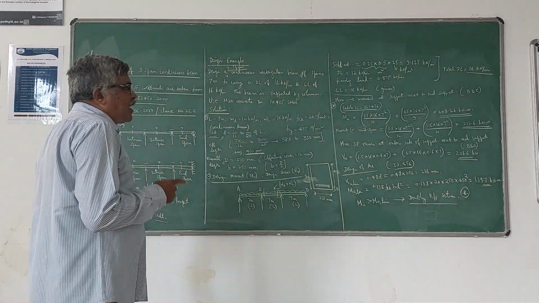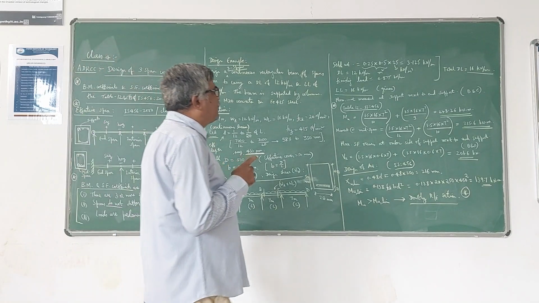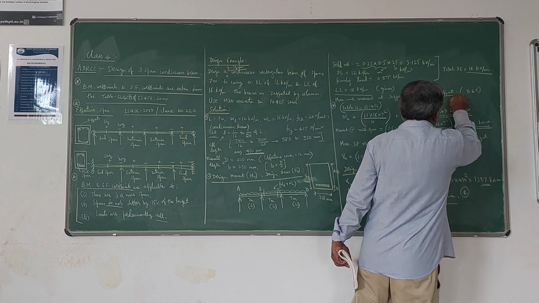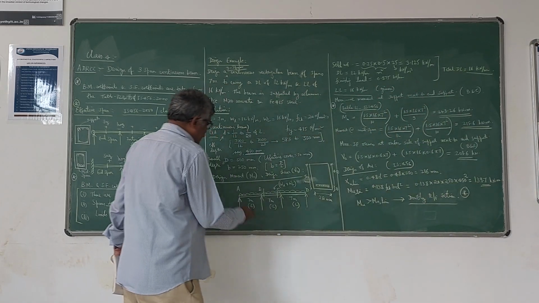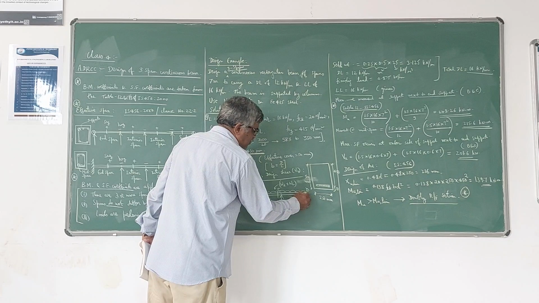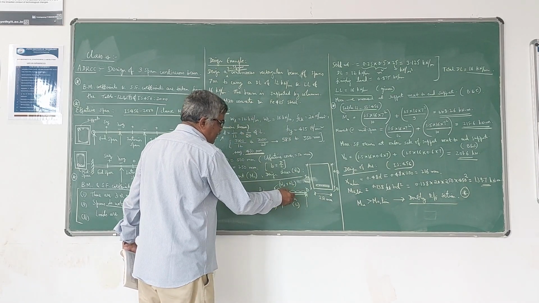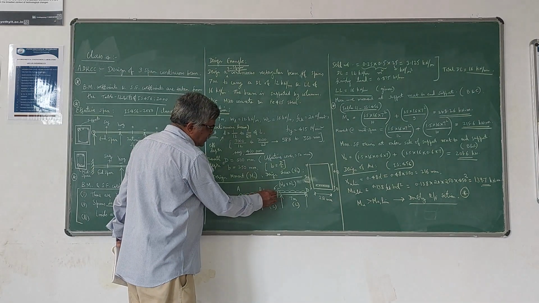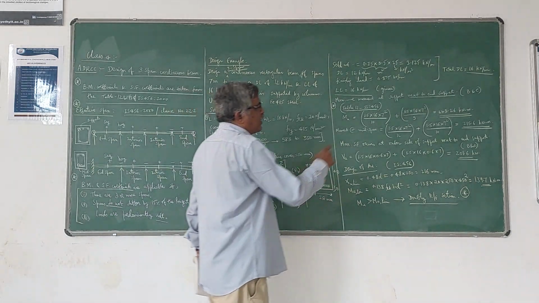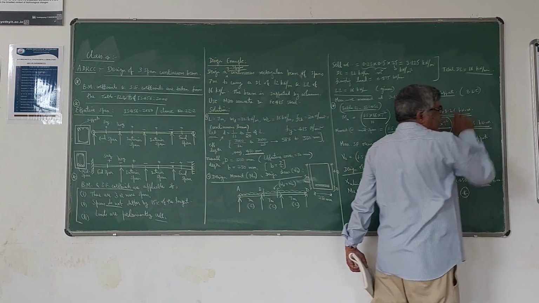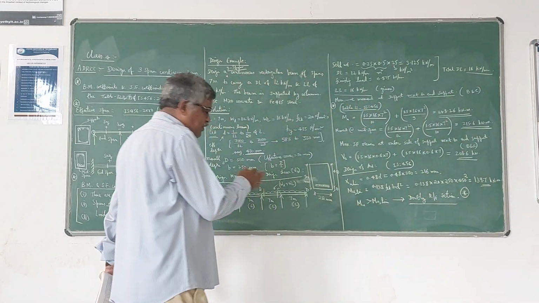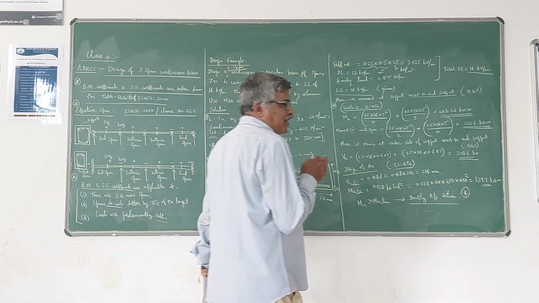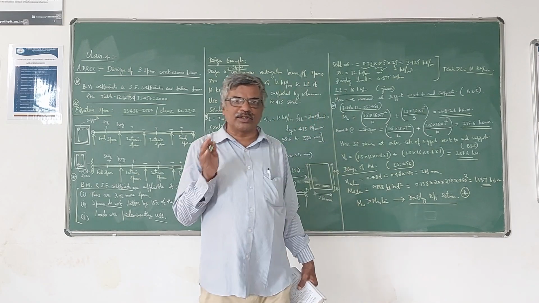First let me calculate the maximum negative moment. Where does it occur? It occurs at the support next to the end support. This is very important: next to the end support. Here A is the end support, and on this side D is the end support. Next to the end support means it will be B or C. So maximum negative bending moment occurs at B and C. Since the spans are the same, loading is the same, and the beam is symmetrical, equal maximum bending moment occurs at both B and C.